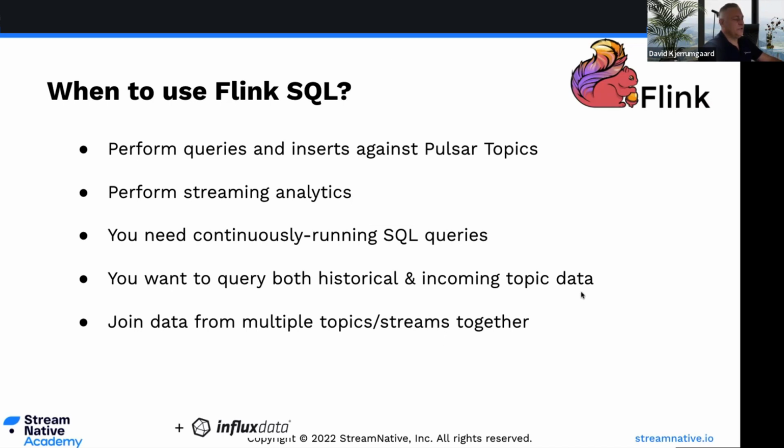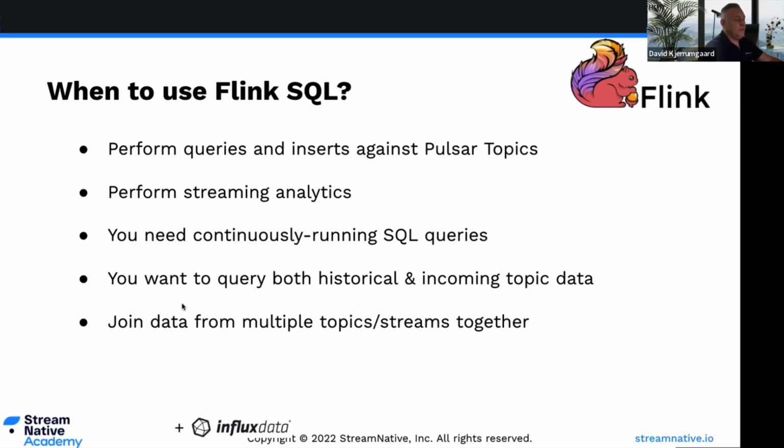And so that's bullet point 4 here: you can query both historical and incoming topic data. Whereas with Presto SQL, you're doing mostly historical, and incoming only up to the point of that last open segment. If that last segment is open, it'll fill up, but that's it, because the way the Presto query engine works is it says, okay, I want to query this data. Where's the topic data? It gets the list of segments at that point in time and then queries them. And that's it. It does not go back and ask whether there are new segments for it to read again. So incoming topic data no longer gets read with the Trino Pulsar SQL connector,